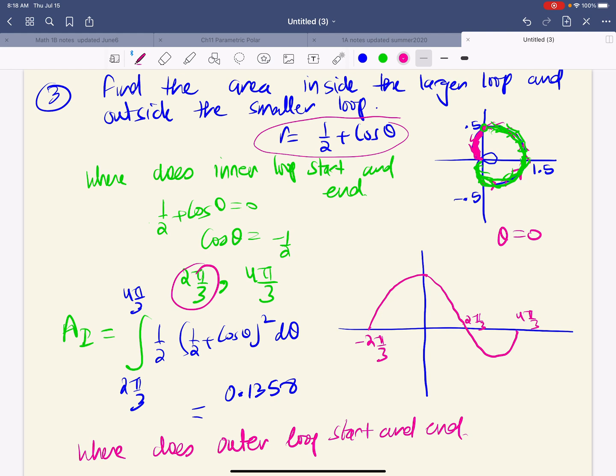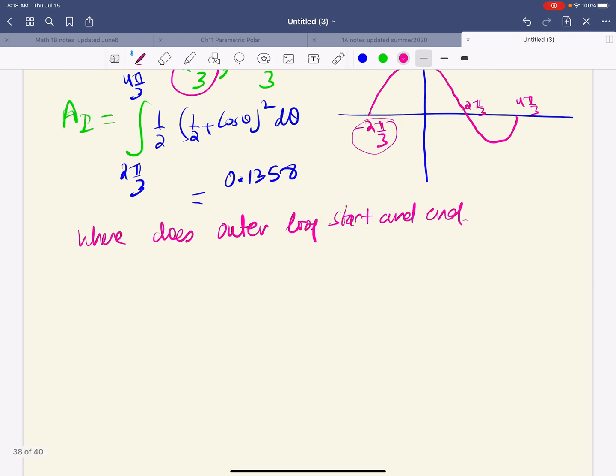Instead of starting at theta equal to 0, I need to come back a little so that my loop is closed. I would be starting at negative 2 pi over 3. So for the area of the outer loop, it would be from negative 2 pi over 3 to 2 pi over 3. The inner loop starts to be made at 2 pi over 3, and then we have 1/2 r squared d theta. Let's see now, using the calculator, negative 2 pi over 3 to